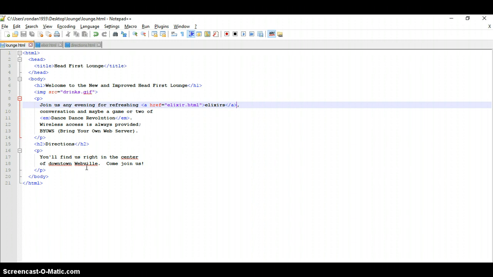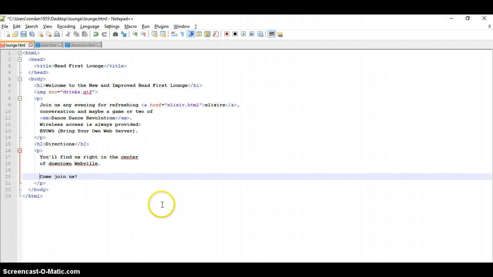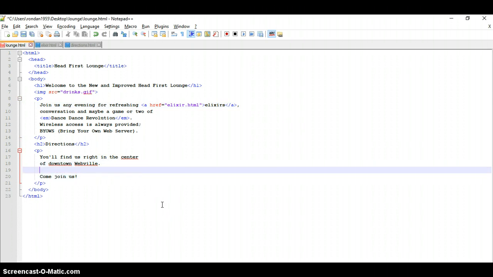Come join us. Okay? So what we're going to do is put an additional line here, between the "Come join us" and the "You'll find us." I'm going to put, "If you need help finding us, check out our," and then I'm going to create a link,